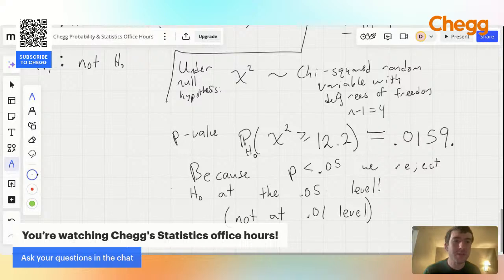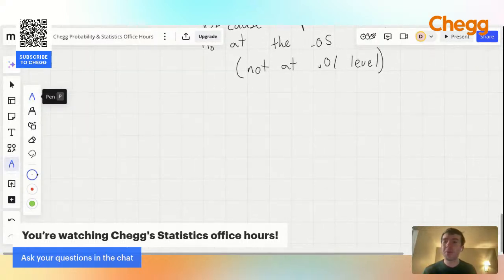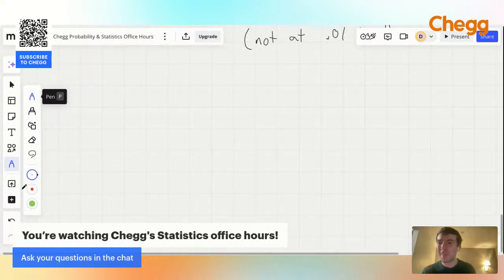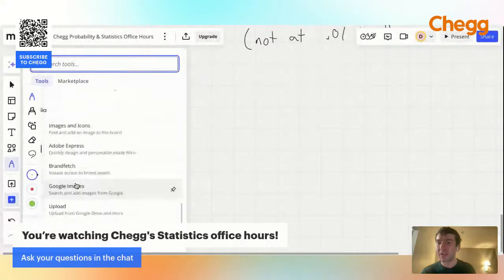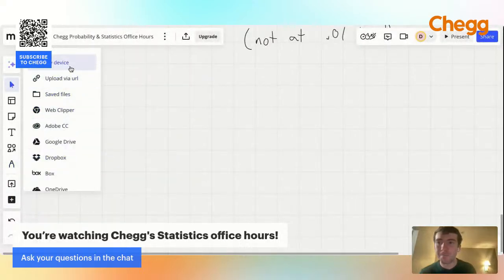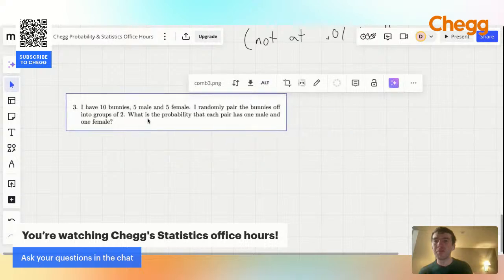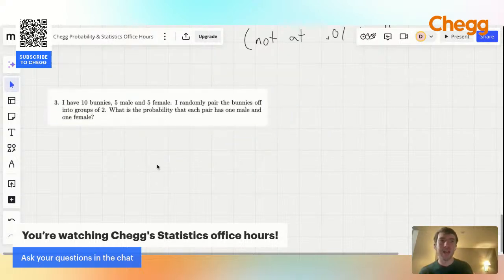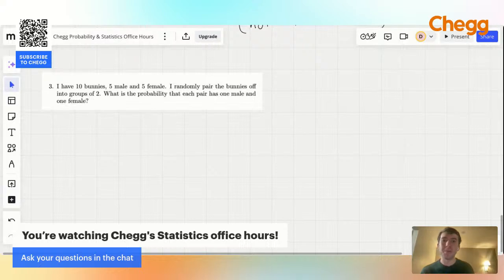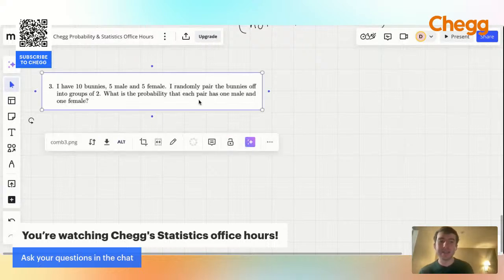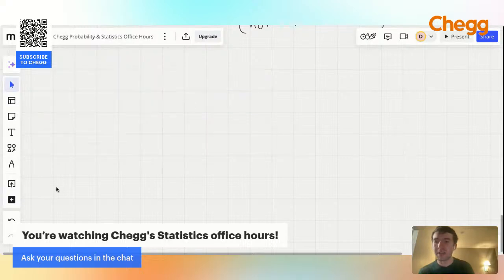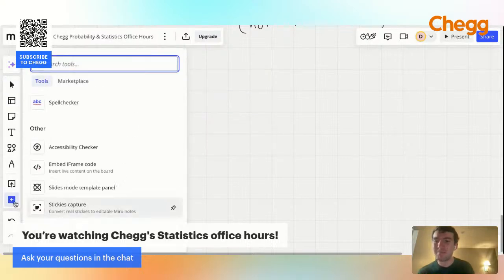Can you help with combinatorics? I'm seeing that from Pickles from TikTok. Can you help with combinatorics and probability? Yeah, sure. It looks like we have a couple minutes left, so I'm not sure how much we can go into this. Last week I did a few combinatorics questions, so I can briefly talk about some combinatorics ideas. Actually, this one is a little bit complicated, so maybe I won't do that one.